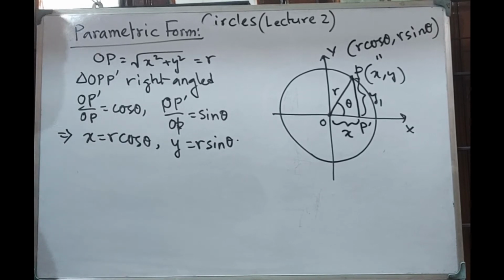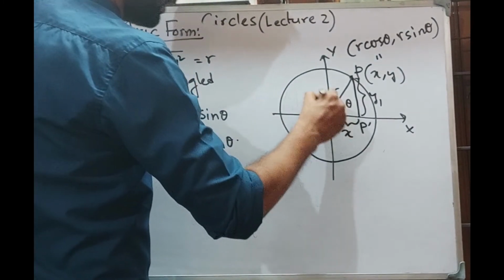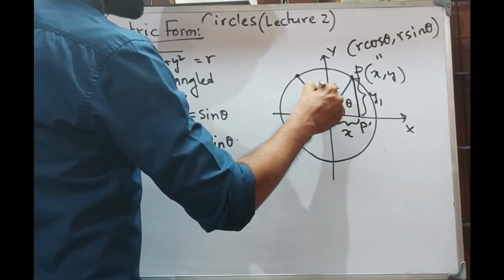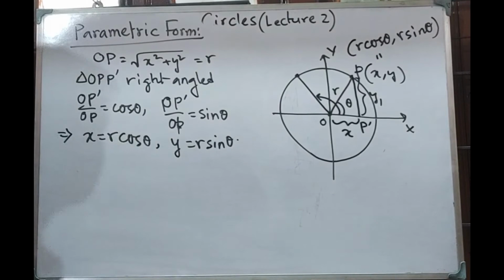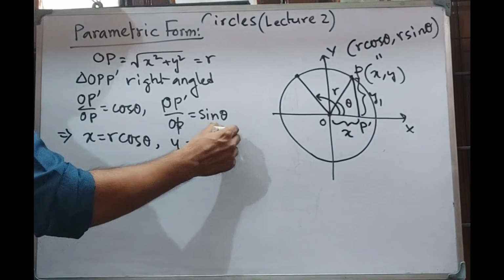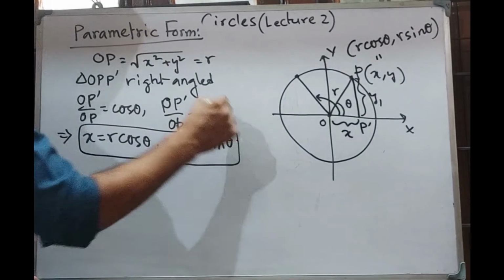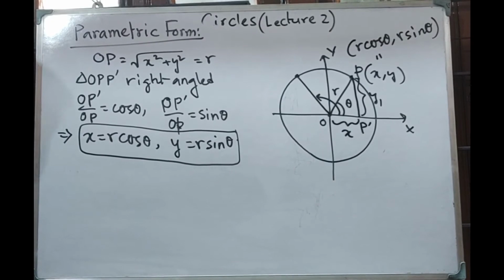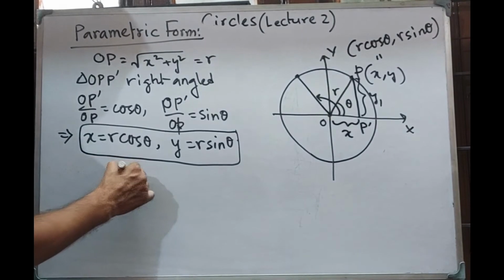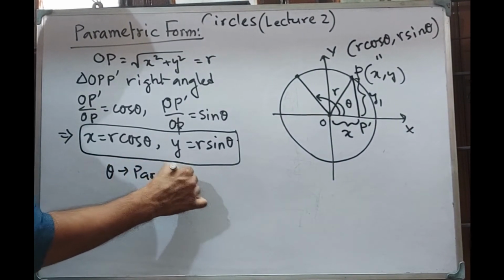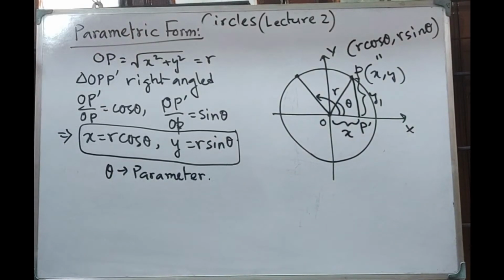So basically here r is a constant length, that is the radius of the circle, but theta is varying here. At every point, if you take some point here, the value of theta is changing, and that changed value of theta is giving you the points of the circle. So basically these two equations are giving you every point on the circle. So this form is taken as the parametric form of the circle, where theta is the parameter, because in a change in the value of theta, we are getting different points on the circle.